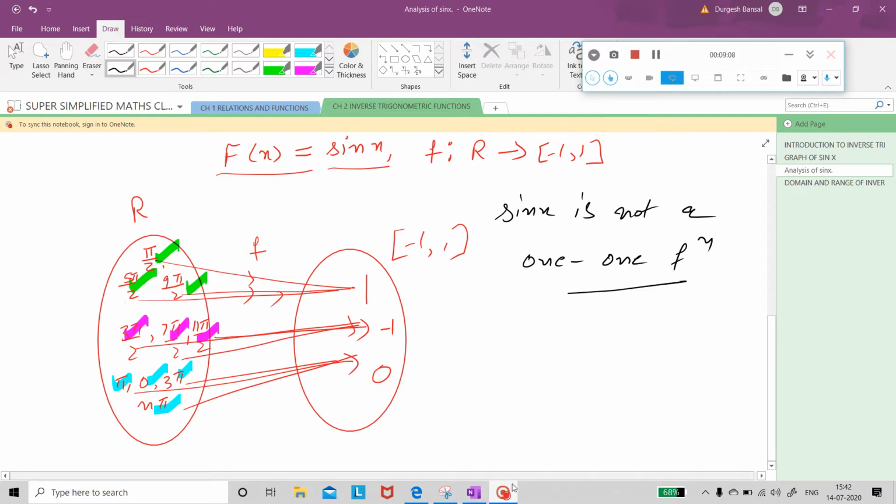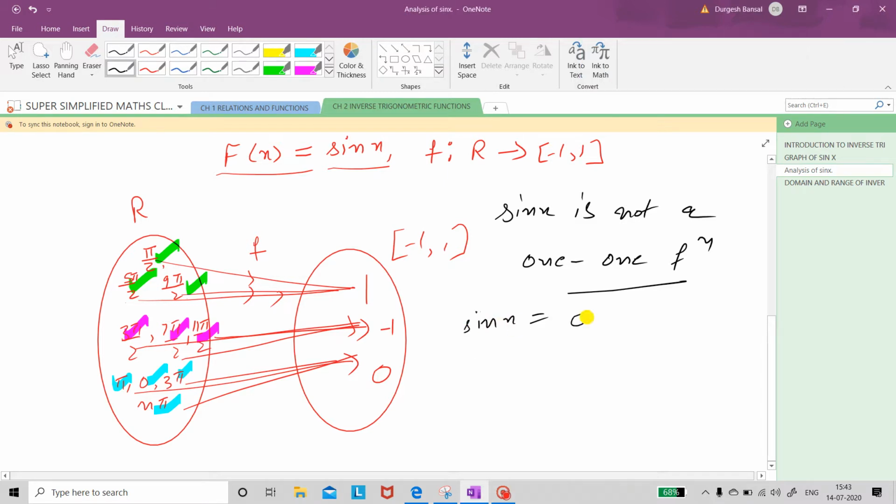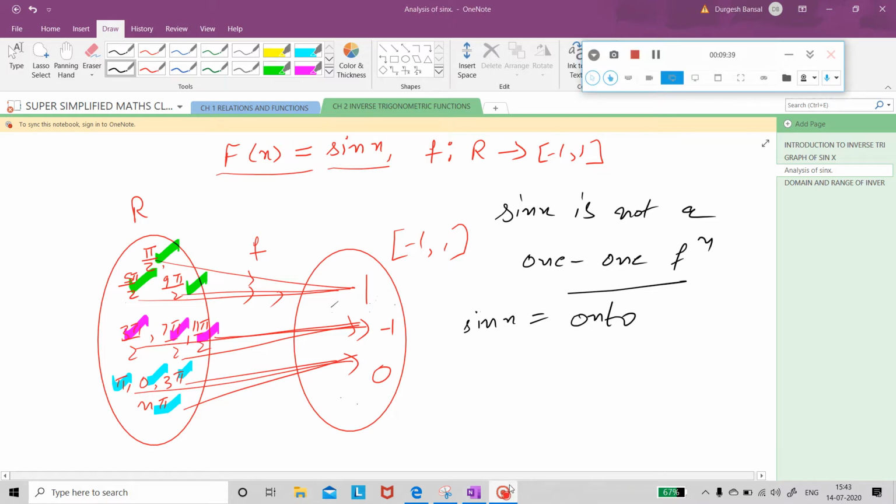So once it is not a 1-1 function, how can we talk about the inverse of sine? Because we are going to study inverse trigonometric functions, and inverse trigonometric functions will be defined from trigonometric functions. That means if a function is not 1-1, we cannot define its inverse. But yes, we do see that the sine function is onto. Why is it onto? You can see that no point in the interval -1 to 1 will be left. It is covering all values. So it is an onto function. So what should we do to make this function 1-1 so that we can talk about its inverse?